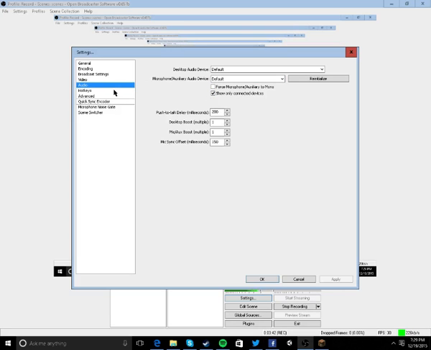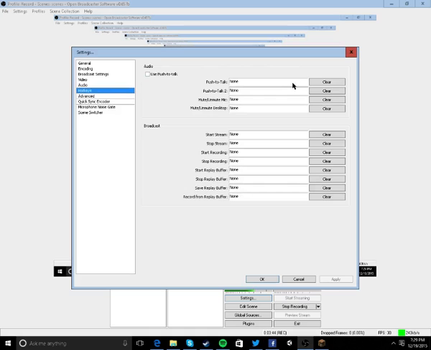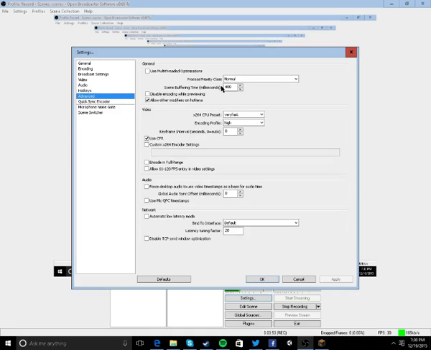Which yeah, but hotkeys, if you don't know how hotkeys work, it's if I press a button. I wouldn't recommend it, but if you want hotkeys, they're right there, and I'm sure you're going to know how. In advanced, use multi-threaded